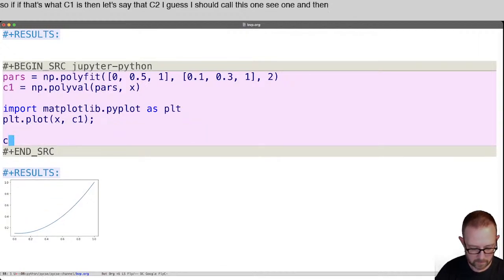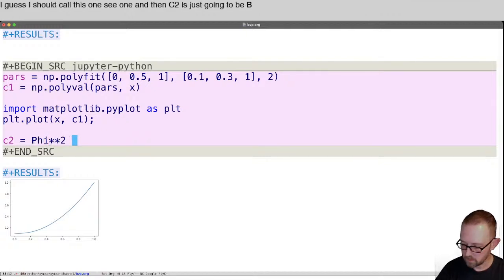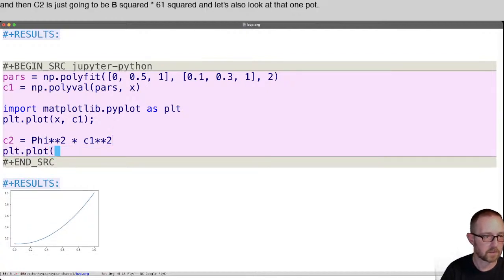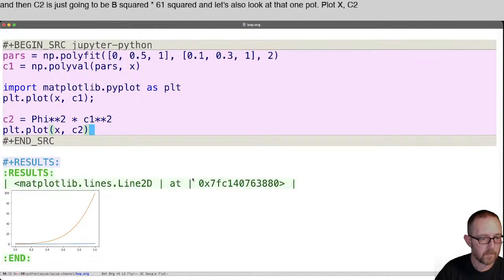And then C2 is just going to be phi squared times C1 squared. And let's also look at that one. Plot.plot x comma C2. And it goes up like that. So it's kind of off scale, but it's hard to tell